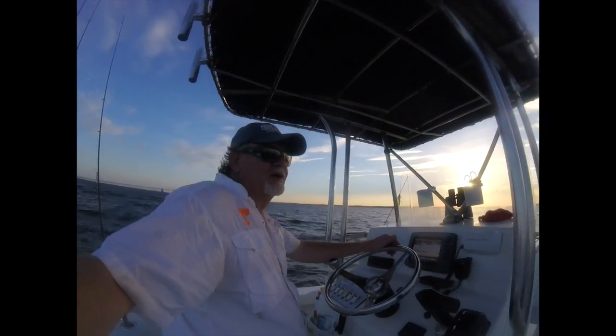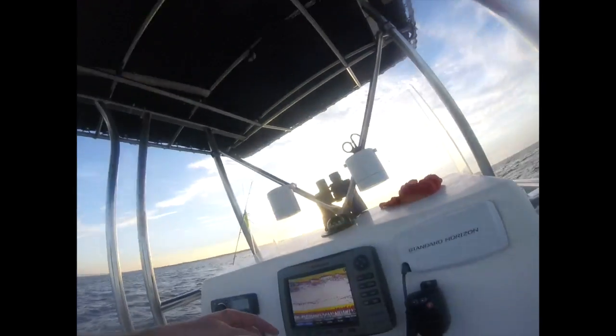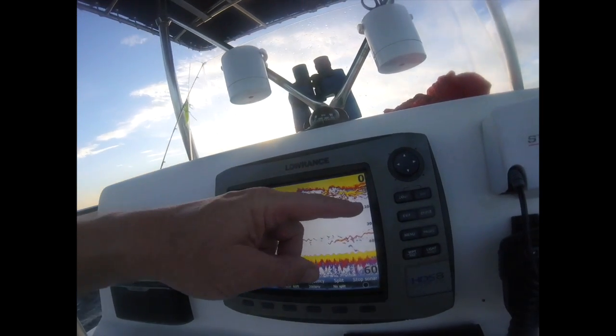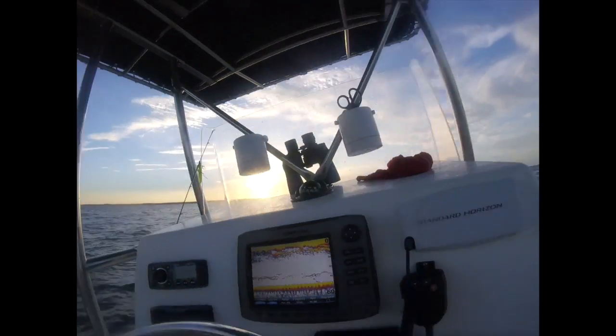There's some bigger fish down there deep. You hear about that situation a lot, but you don't see it too much. And here's a good example on the fish finder. So where I want to be fishing is not on these little fish up here on the top. I want to be looking for these bigger fish and staying out of that dead zone right there in the